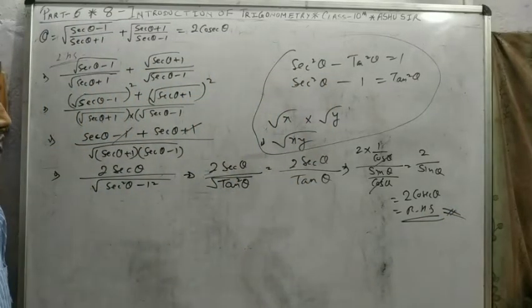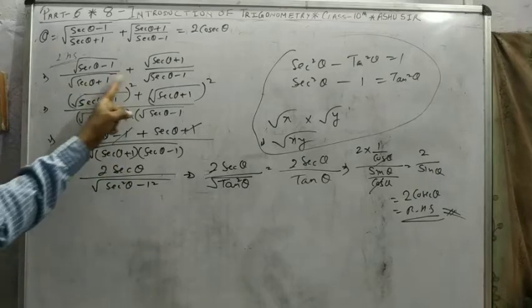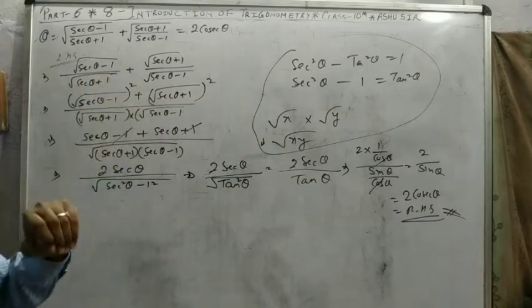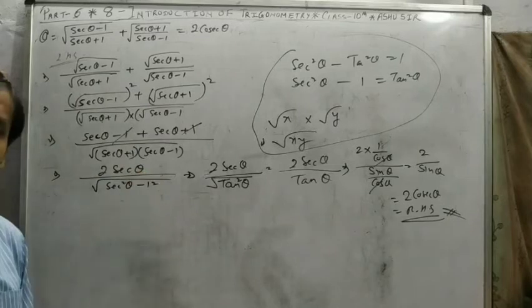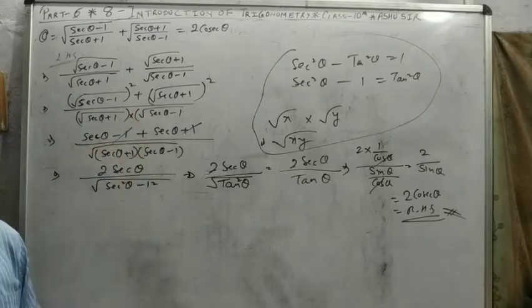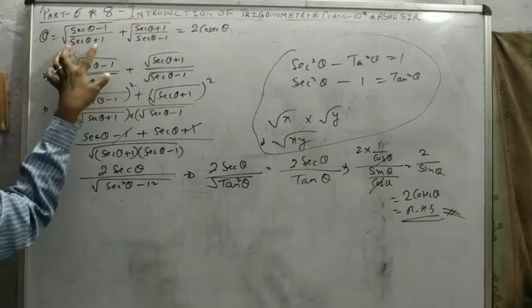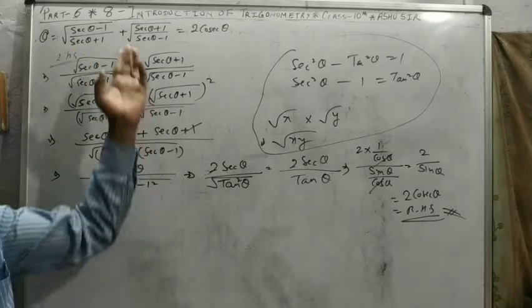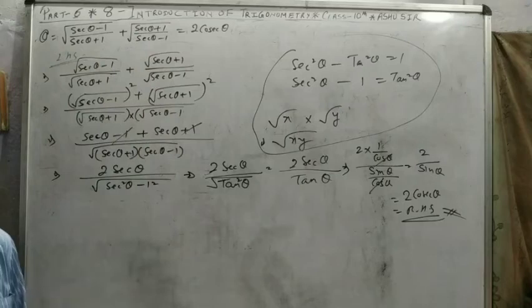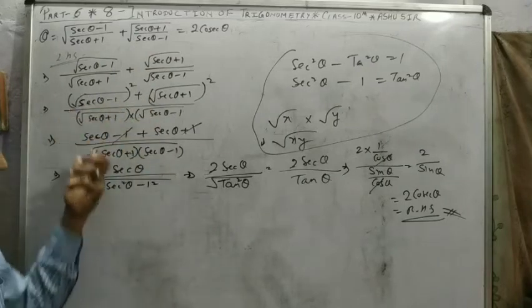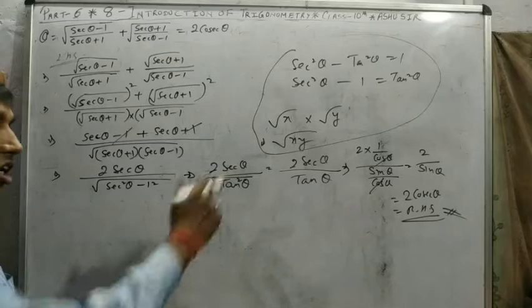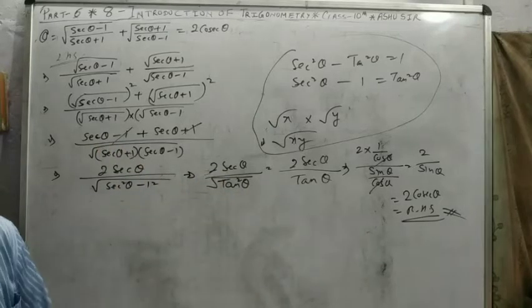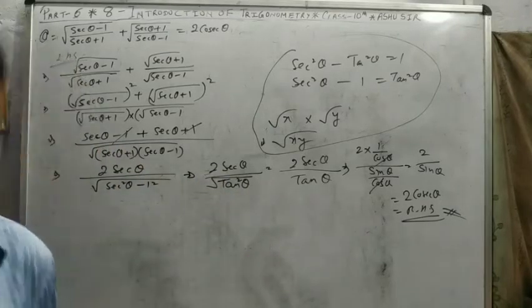Okay, I hope you understand. These types of conjugate problems have two terms. You should not rationalize them; you directly take the LCM. If there is only one part here, then you can rationalize. But a conjugate form is here, so why rationalize? You can take their LCM and get the answer in a simpler way, in the fewest steps. Pause the video, note down.